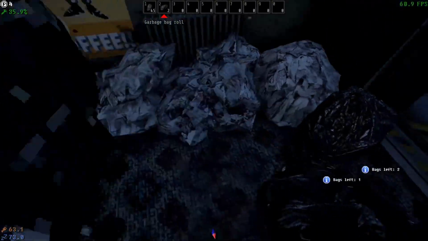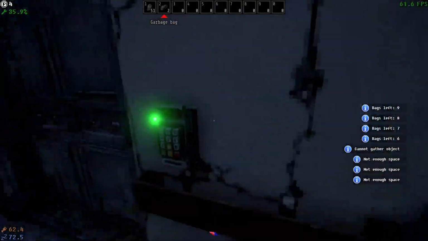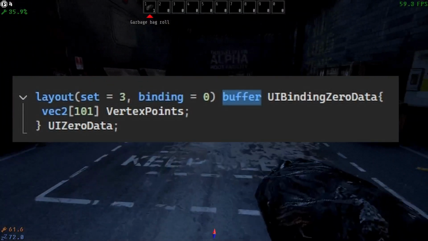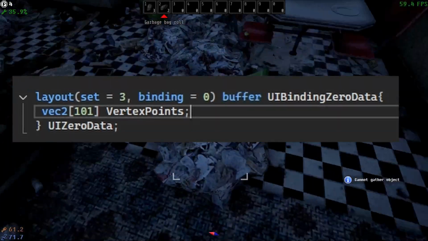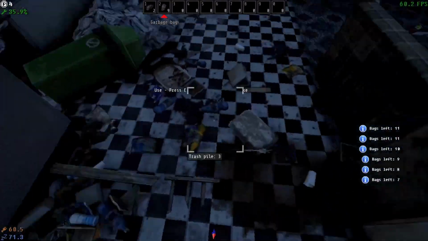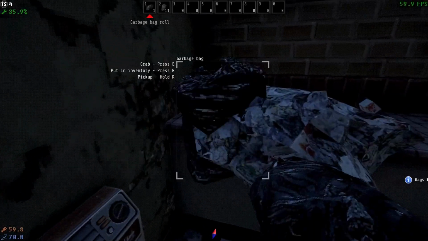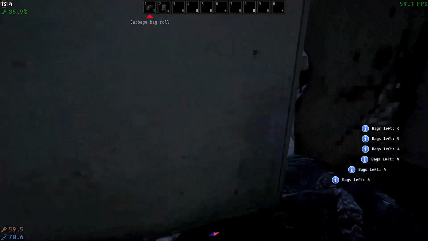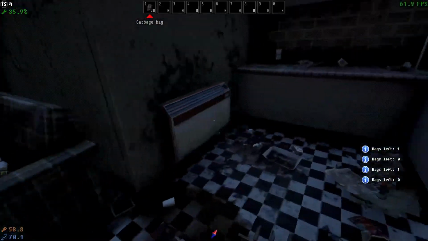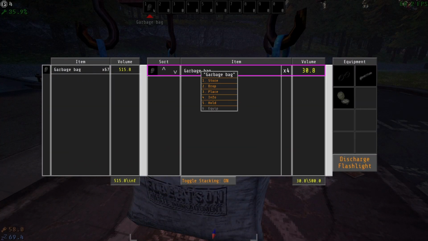If we ping pong back to the UI, I had to change from a uniform buffer to a storage buffer. I'm not exactly sure why it couldn't read the uniform buffer correctly, because the uniform buffer is like 54,000 bytes, and there's maybe 1,000 bytes at most. I think the exact number is 808. So I'm not quite sure why it couldn't read it, but I had to switch over to a storage buffer,